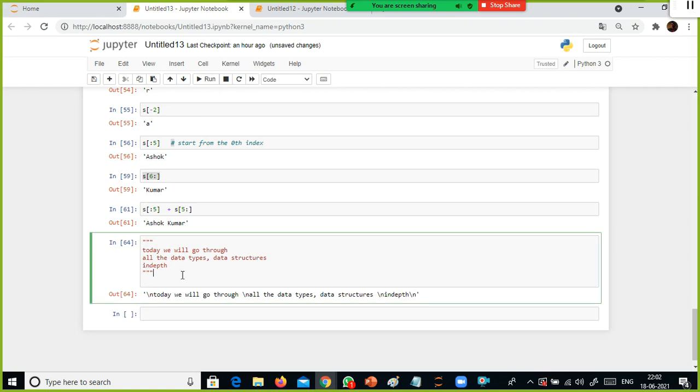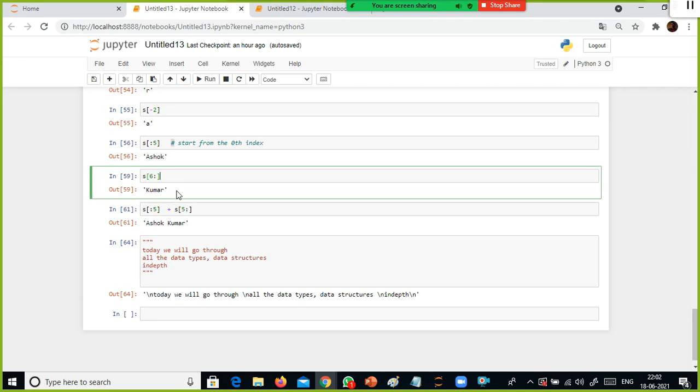You can use either single quote or double quote, but you need to use three of them. When you start with three double quotes, you need to end with three double quotes. If you use three single quotes, it will throw an error, and vice versa. So this is how you can specify the multi-line comment.